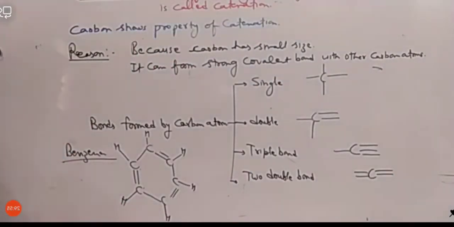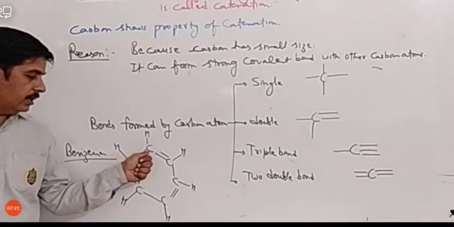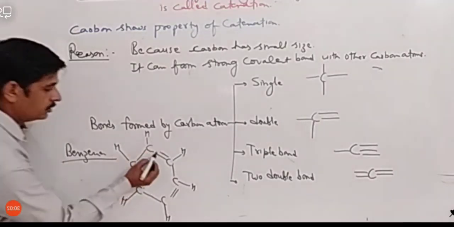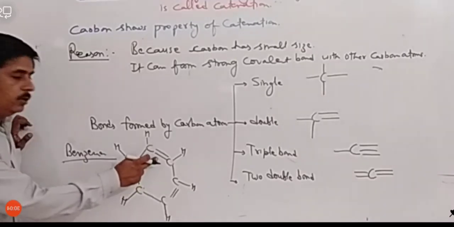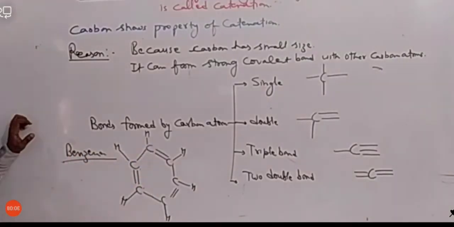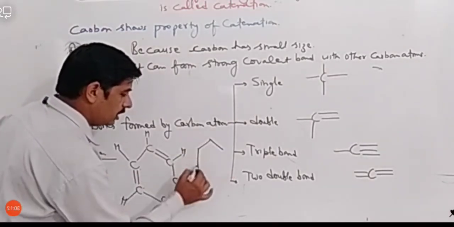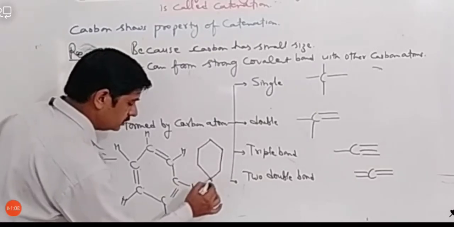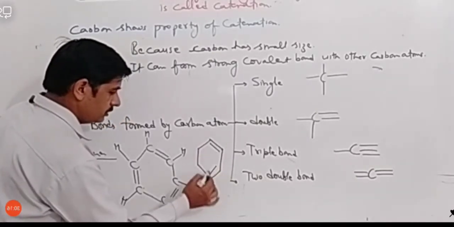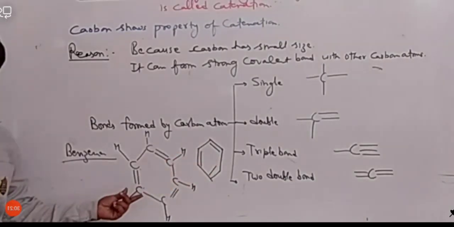So now this is the structure of benzene. Okay, in benzene you can see carbon has 4 bonds, 1 double bond, 2 single bonds, and all carbons have the same type of structure. And it can also be drawn like this. This is also a structure of benzene. This is called a bond line diagram. Somewhere if you see such a type of structure, this is also called benzene.